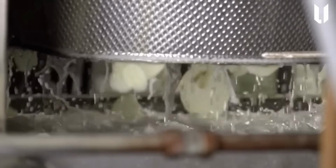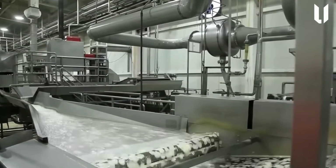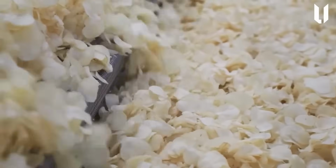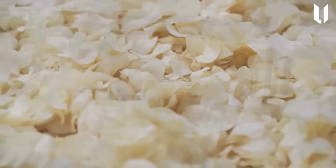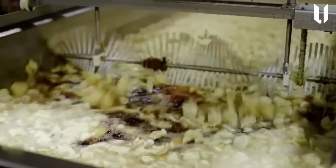Once sliced, the potato slices are sent to large fryers. Lay's uses a proprietary blend of high-quality oils to fry the chips to perfection. The temperature and timing are closely monitored by advanced machinery to ensure each batch has that perfect golden brown hue